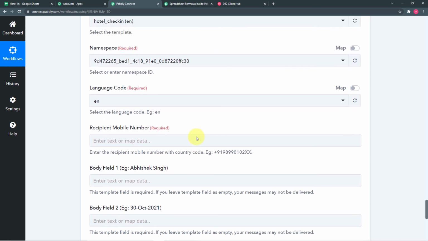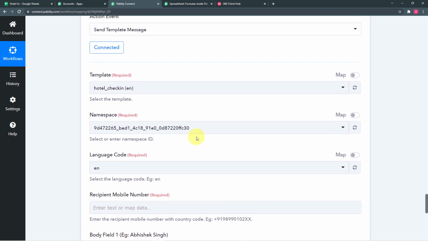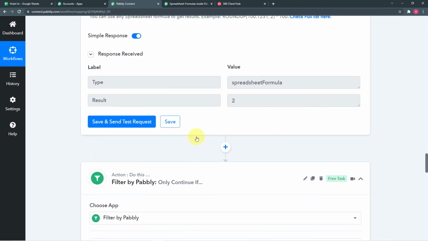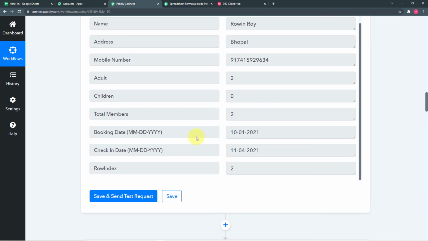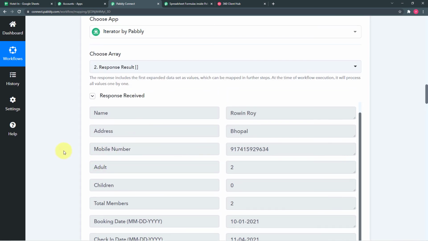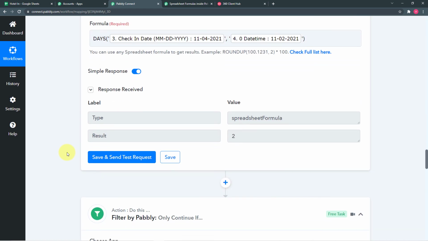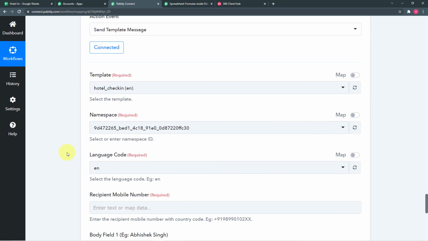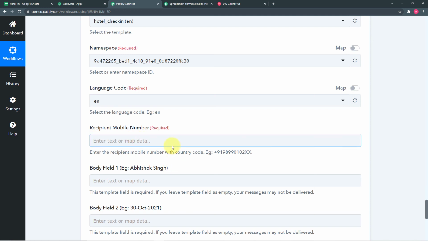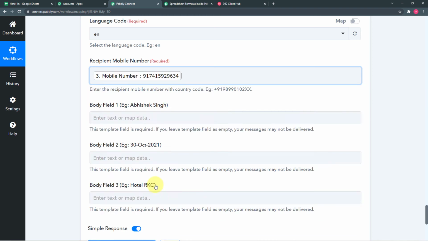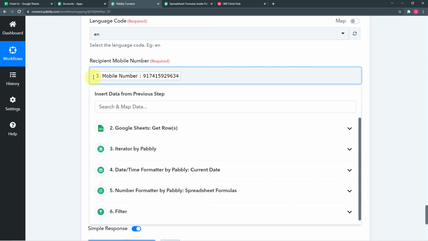So here you have to enter or map the mobile number, WhatsApp number of the person to whom we want to send the message. So we have captured the data of the person here in our second step like this, okay? So in iterator we have segregated the data like this, right? So to bring down the number here in recipient mobile number field, you just have to click here and then click on iterator by Pabbly and map the number like this, right? So I have to put the number in this format. So let me put a plus sign also here,